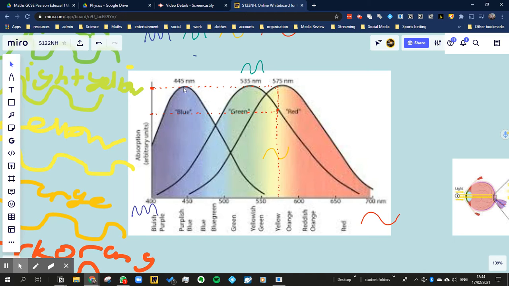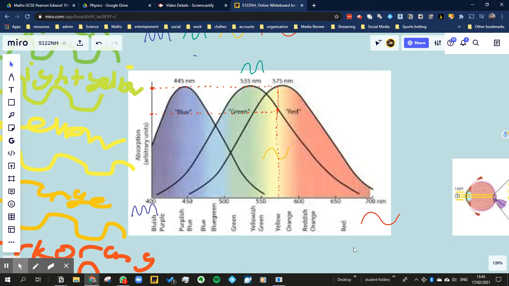At 445 nanometers, this particular cone is able to detect quite a lot, and it pretty much tails off at around 550. It's not able to detect anything at that point. The other cones have different ranges. The green cone has a preferred wavelength of, I think, 535, but it seems to be able to detect all of the different